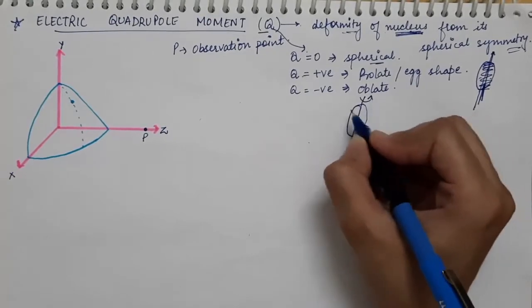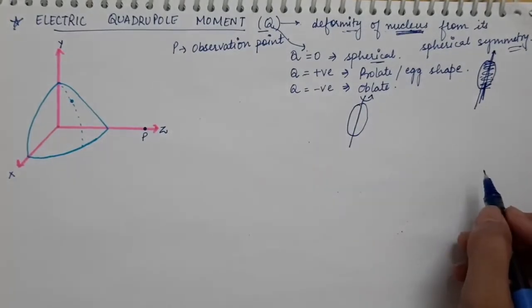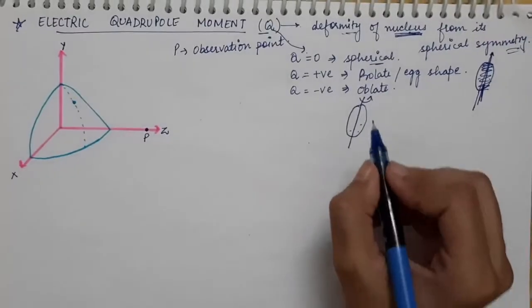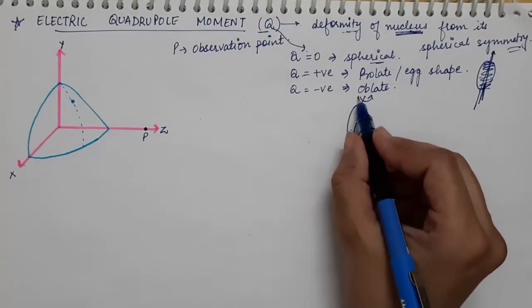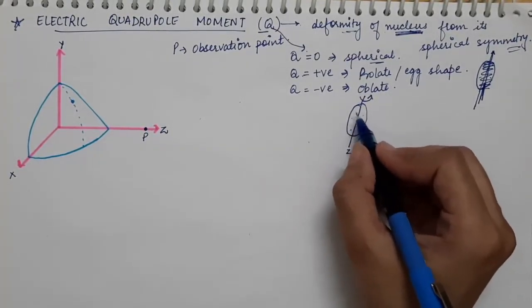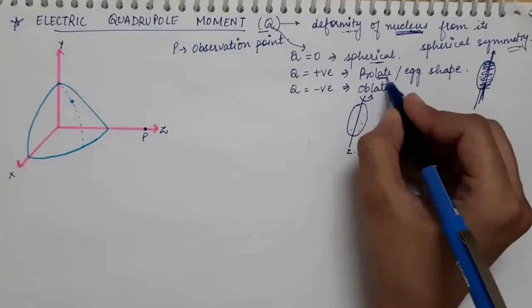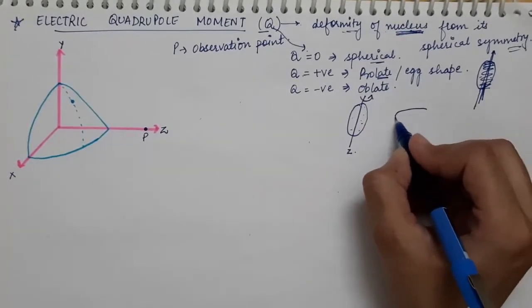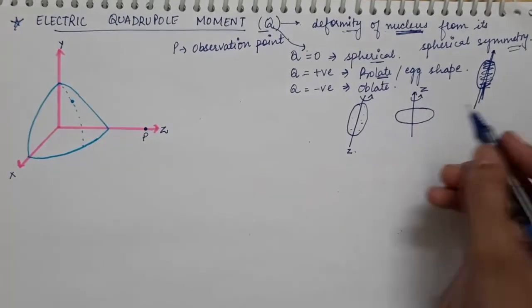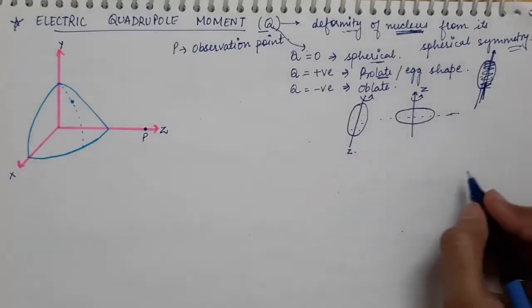So this is the axis around which the nucleus is rotating. That is, the spin of the nucleus is in this particular direction, and the charge of the nucleus is not spherically symmetric, but is stretched along the axis, where if we take this as the z axis, the spin axis, then the charge of the nucleus is stretched along the z axis. So this shape is called prolate shape. And if the charge is stretched in the opposite manner, that is, spin is along z axis and the charge is stretched along the perpendicular axis, then this shape is called oblate.